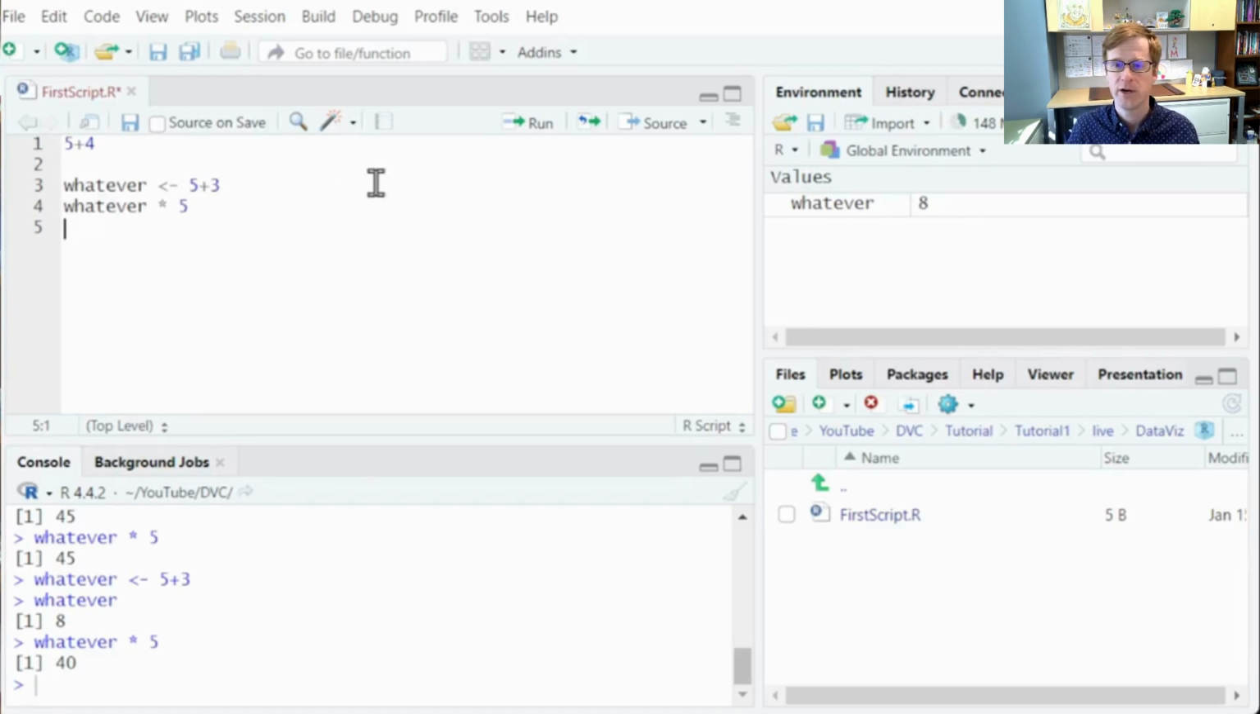So back to the windows, if we go over to the right panel, we can see that our environment, which used to be empty, now has an object named whatever. It is just a value, it's just a number, it's just the number 8. Not so